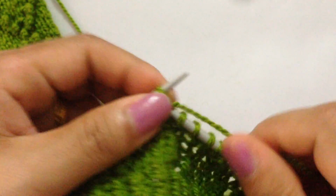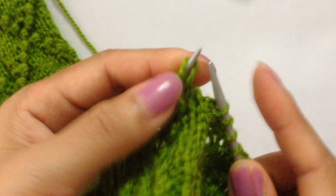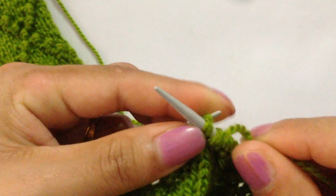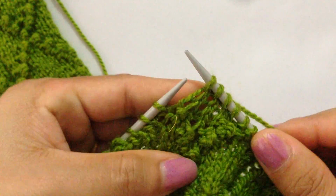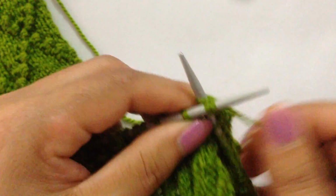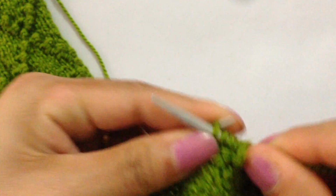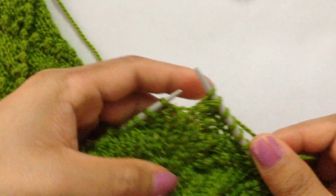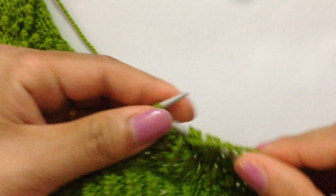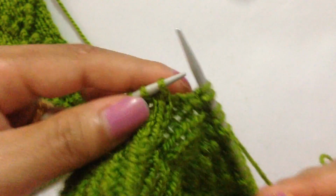So we're going to knit 1 and make a small bubble and knit 4, 1 2 3 4 and make another small bubble and knit 1 and purl 2. So we have finished the repeat pattern, and for the last repeat we're going to knit 1